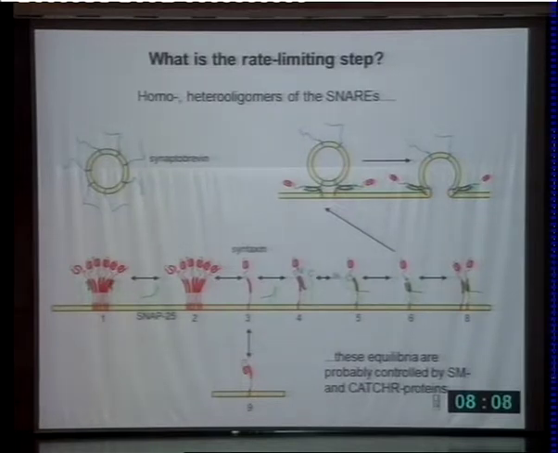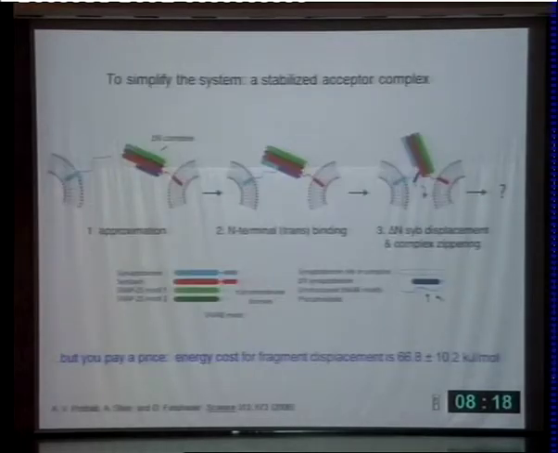And it's pretty evident that only this one is an active acceptor complex, and this one seems to be highly regulated by an array of additional proteins, but we don't understand the mechanism yet. So what we have tried to do is to look at the later stages of the reaction, to simplify this. This is work by Dirk Fasshauer, a former group leader in my department, who came up with